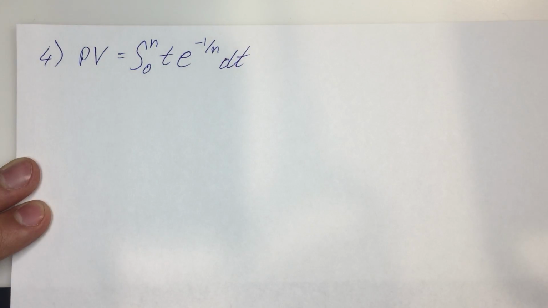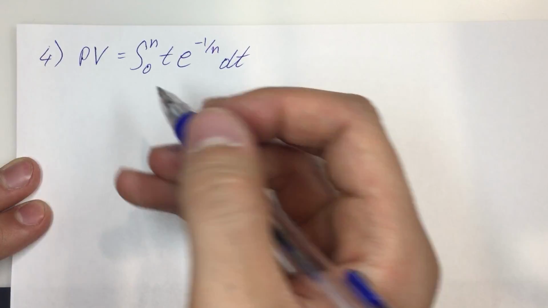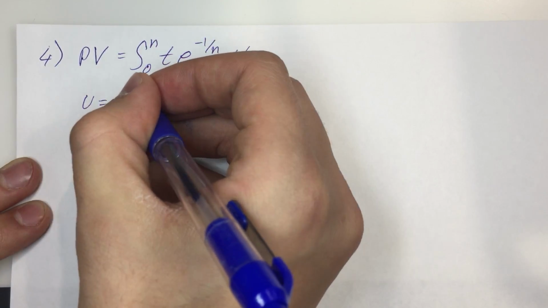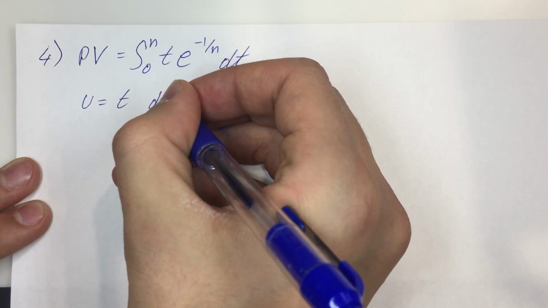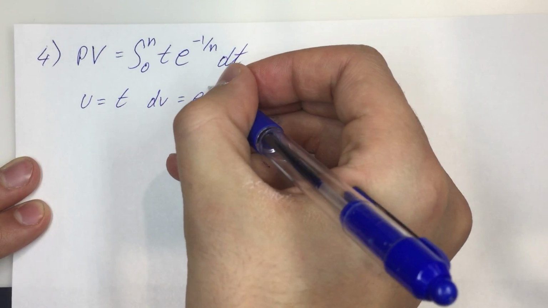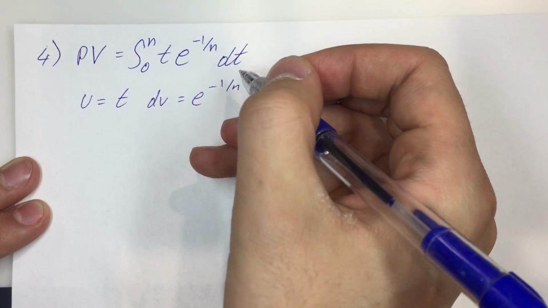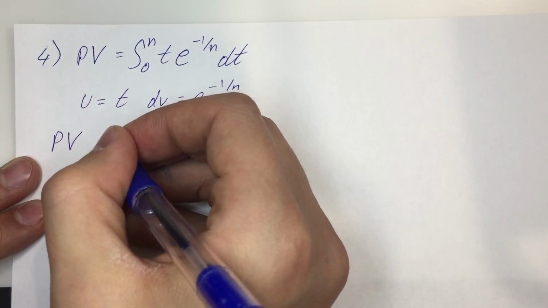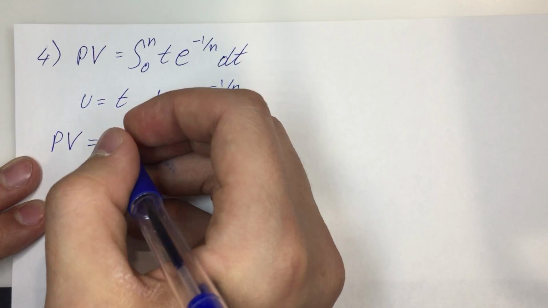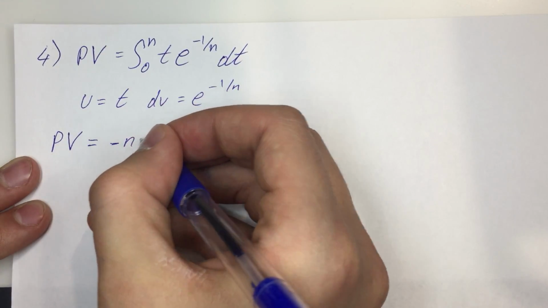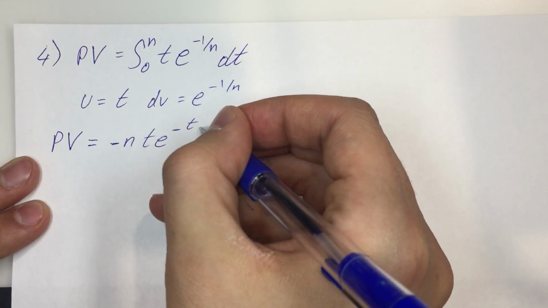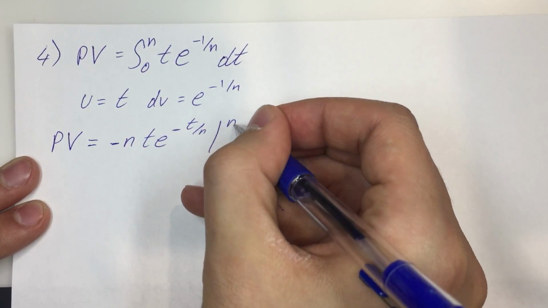So this does look fairly complicated, and one way to solve this is through integration by parts, allowing u to equal t and dv to equal e to the power of negative t over n. So I'm just going to jump ahead straight to the answer here. The PV ends up being negative nt times e to the power of negative t divided by n over the range of n to 0,